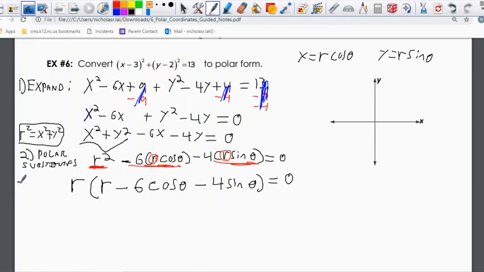For step 3, we need to factor. All right, and then step 4, we need to solve for r is equal to 0. So when we solve for r is equal to 0, we either have r equals 0, which is a point only, or